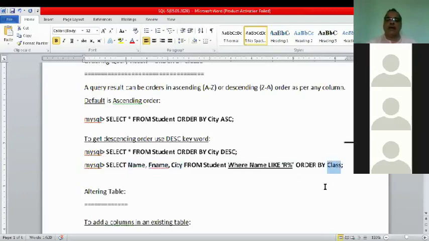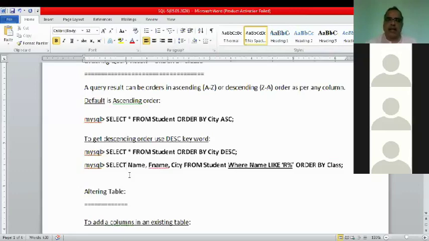Sir, in the previous class, you said that we need to use having exclusively for that particular command. Here, can we use having in place of where? Having is exclusively used only with group by.